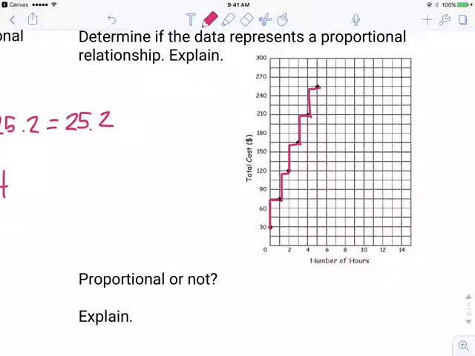So I go up 3 over 1, up 3 over 1, up 3 over 1, and I'm just doing that by counting as I go. So if I want to continue that pattern, but I run out of room to go up